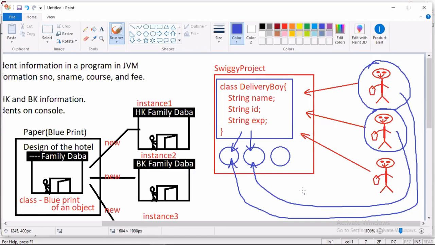Yes or no? Then, seeing these two people, another person who is jobless finds out that these two people are getting good money. He inquires how much commission is coming. "Yeah, good commission is coming." "Let me also join." Now this person has also joined. Okay, now one more instance is created from here, and his details are also stored in the computer. So totally in the system, in the Swiggy project, how many details are there? Three details are there.